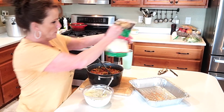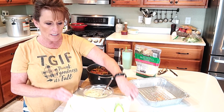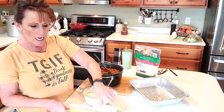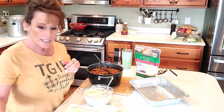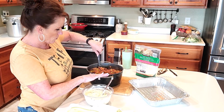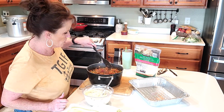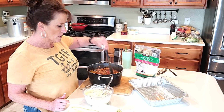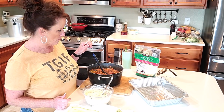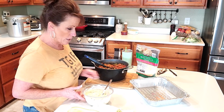Over here, I have a tea towel down, folded in half, and I sliced my zucchini. Some of them are a little thicker than others, but it won't matter. I salted them on both sides, and I've let them sit here while I prepped my sauce. I've got my pasta sauce, or my red sauce here. It's so good. And I threw in some extra Thrive bell peppers and zucchini because I love the different texture it gives,